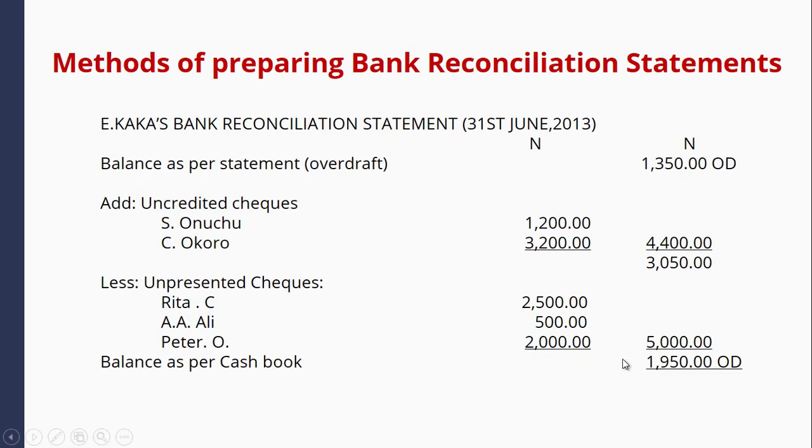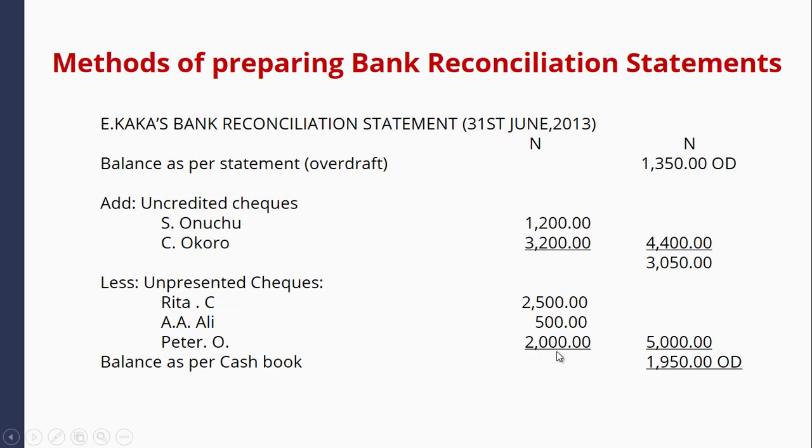We can also start from this balance, 1,350 balance as per bank statement overdraft. All these, if you add them, 4,400, you have 3,050. Then if you less all these, you have this 1,950 as our overdraft balance. If you do not have 1,950, it shows there is an error in the preparation of your adjusted cash book or bank